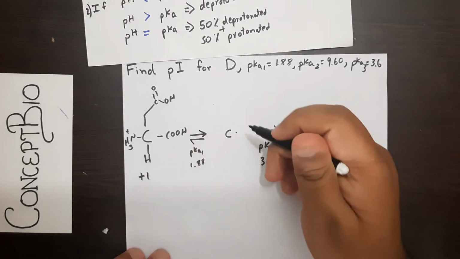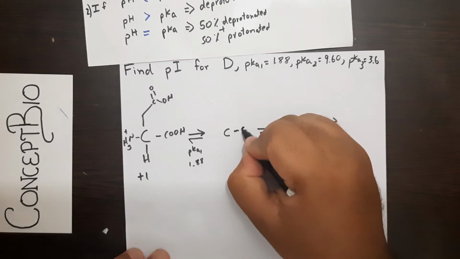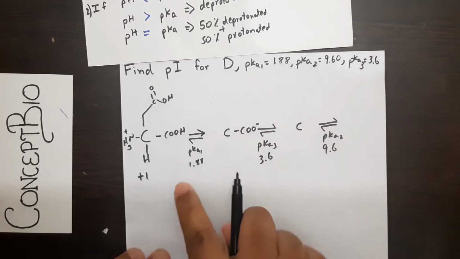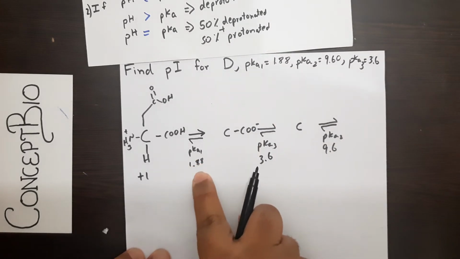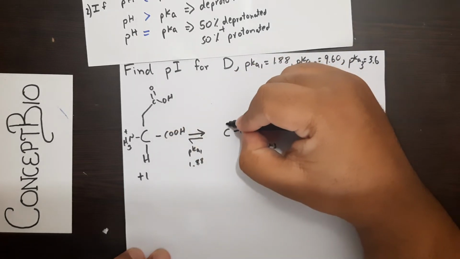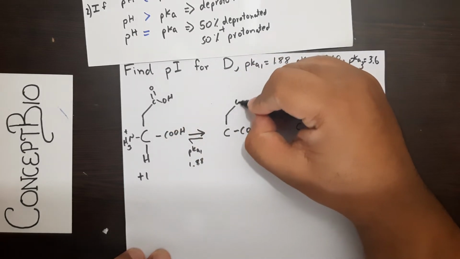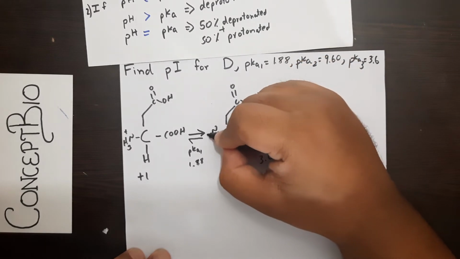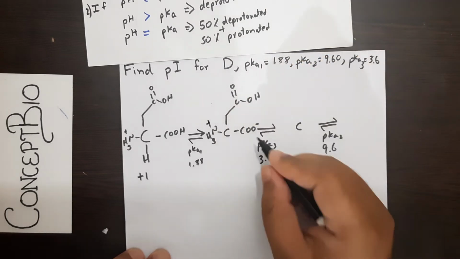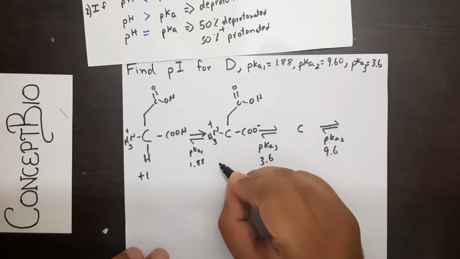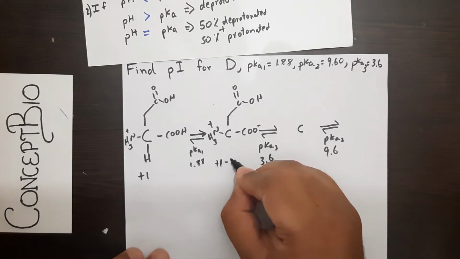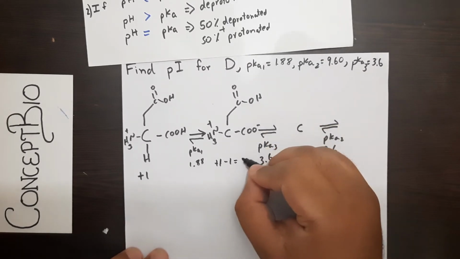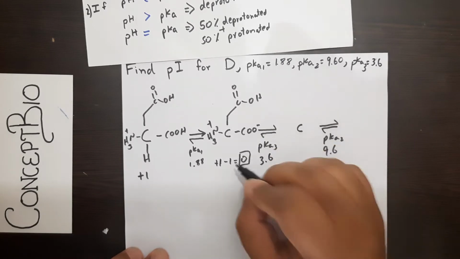In the next step, the alpha carboxyl group gets deprotonated because you increase the pH above pKa1. The remaining groups still remain in their normal state, OH and amino, NH3+. So what would the total charge be over here? It would be +1, -1 and +0, that's equal to 0. So we know our Zwitter ion stage.